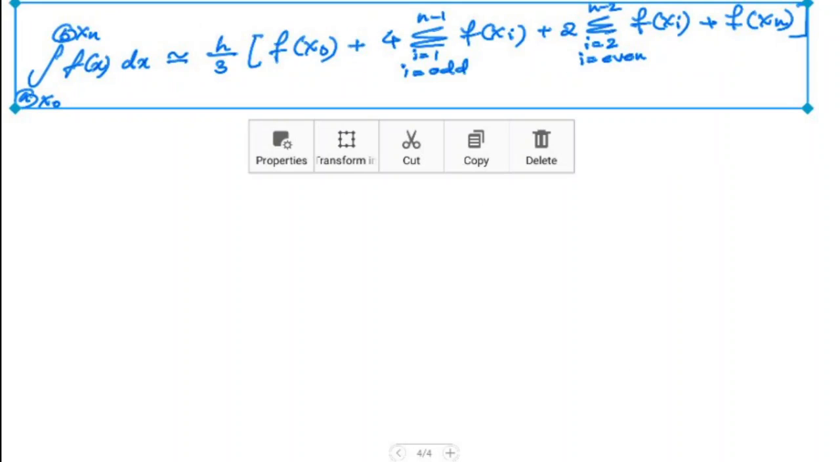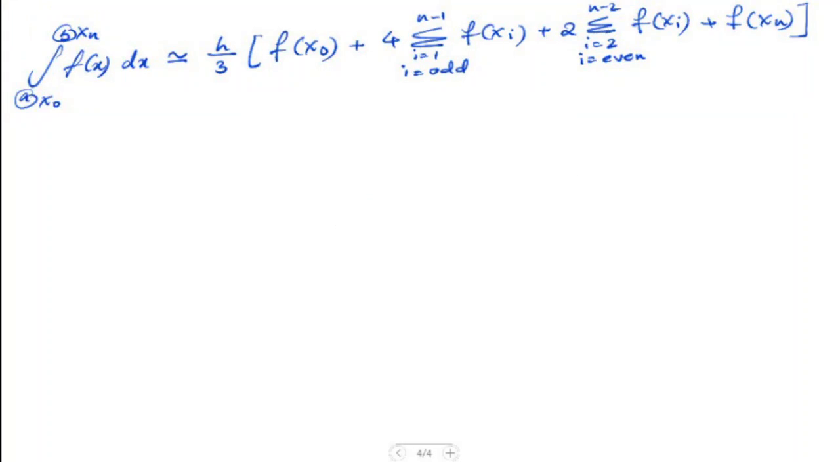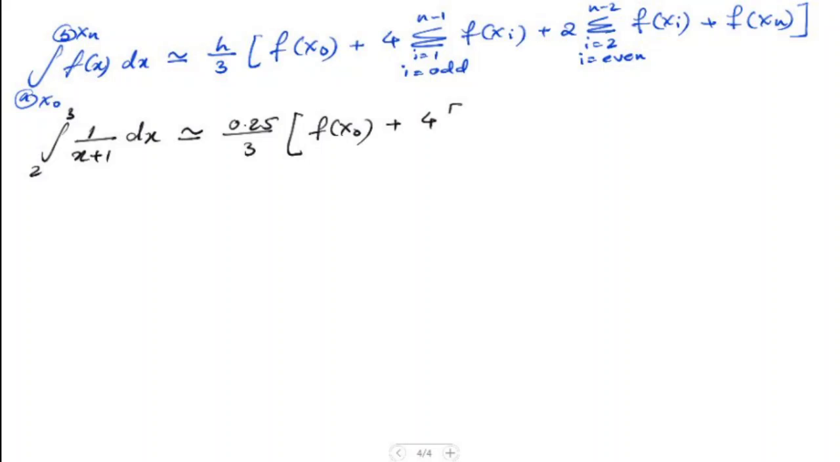And paste it here. Now if we work it out, the integral that we are searching for is from 2 to 3, 1 over x plus 1 dx, and this is approximately equal to h, which is 0.25 divided by 3, times f of x0 plus 4 times